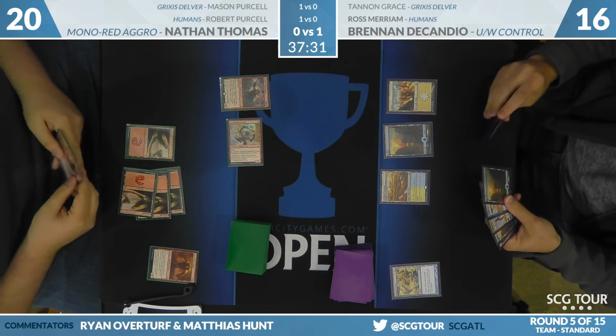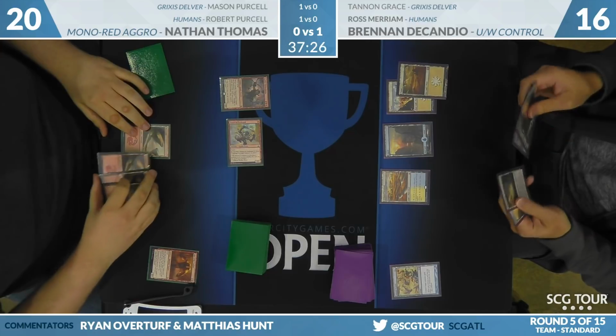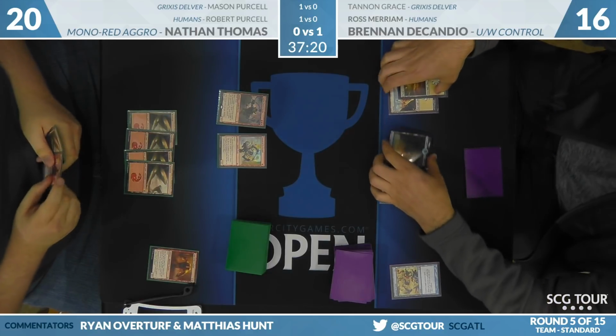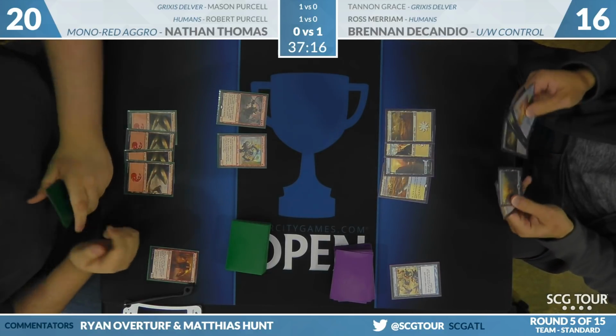Goblin Chain Whirler was the play for Nathan Thomas. Brennan didn't have an answer at the time. He just now picked up Disallow, but Chain Whirler resolved and sent Brennan down to 16. This is not a matchup where Chain Whirler is at its best, but it does have 3 power. Yeah, they can both swing in. Now that Brennan has the